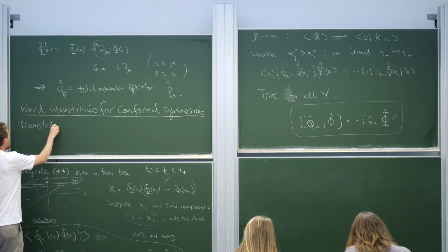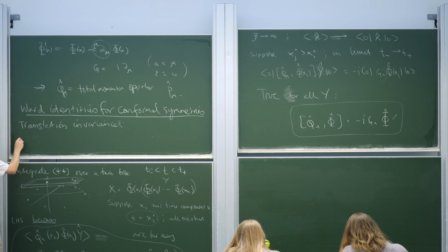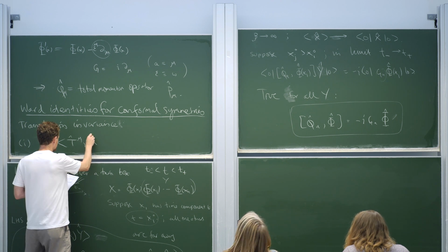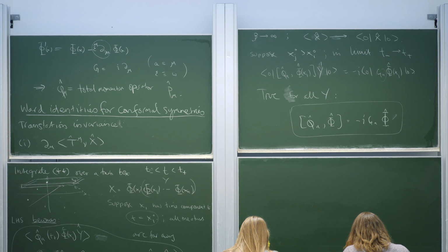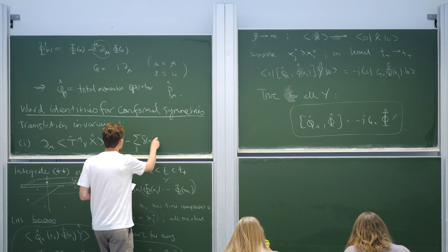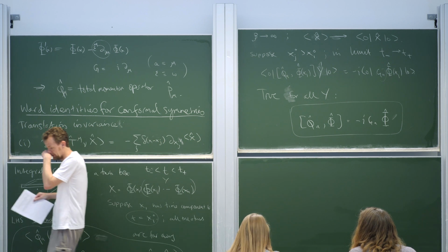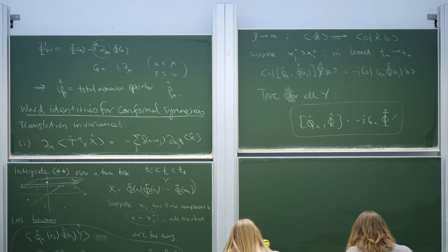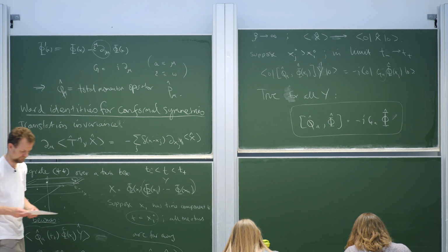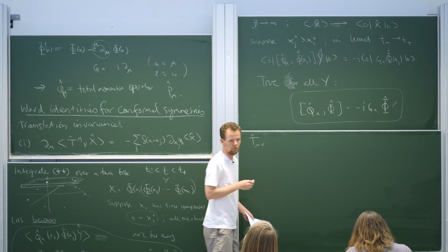So let's work out translation invariance. Now you'll probably have to go back and revise Noether's theorem from your first quantum field theory course. Hopefully you remember that when an action is invariant under translations, the conserved current is a thing called the energy momentum tensor. We're going to see a lot more of this thing. So the energy momentum tensor